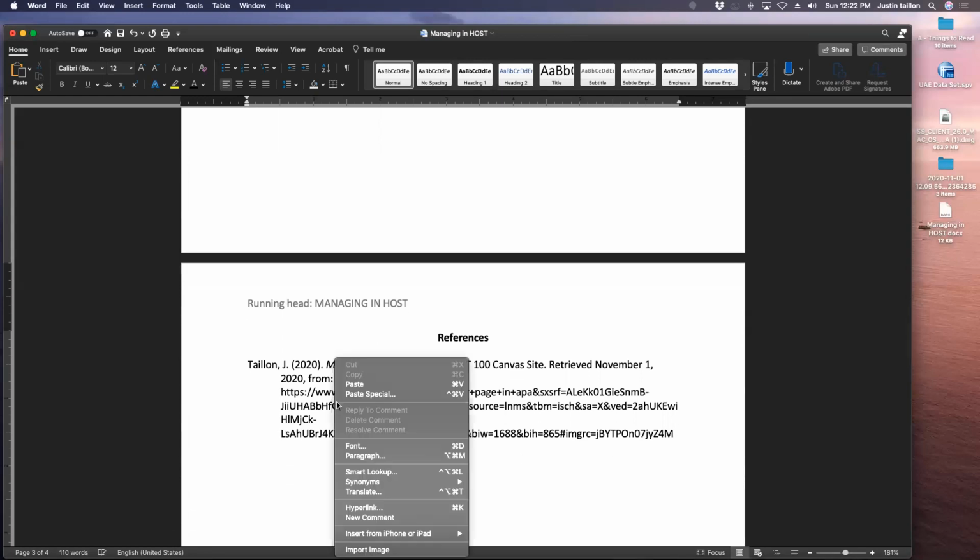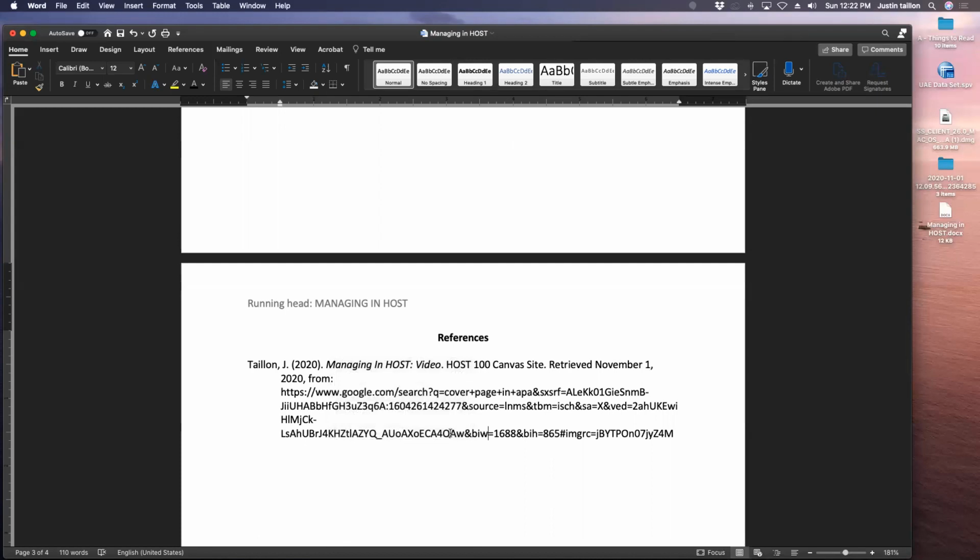You don't want it to be hyperlinked, so you could right click. If it is blue, you come down here to hyperlink, edit hyperlink, and remove hyperlink, which it doesn't show me right now because it's not actually hyperlinked. Let's see if I can show you how to do that. It's not working. Canvas, so we're not going to look at the canvas. We're going to cite catalog. And so it's going to be 2020, Highline College, 2020, 2021 catalog. Highline College, retrieved November 1st, 2020 from, and then,